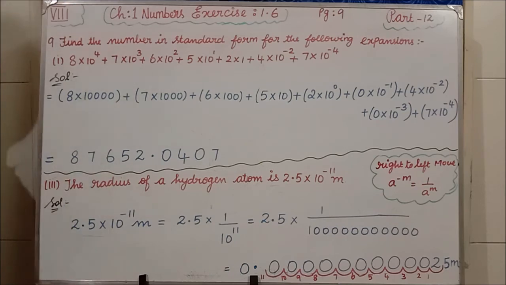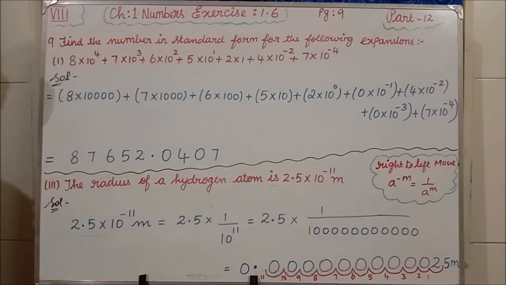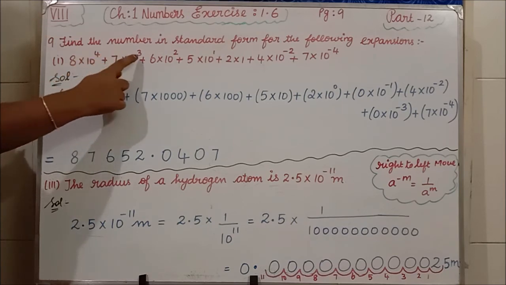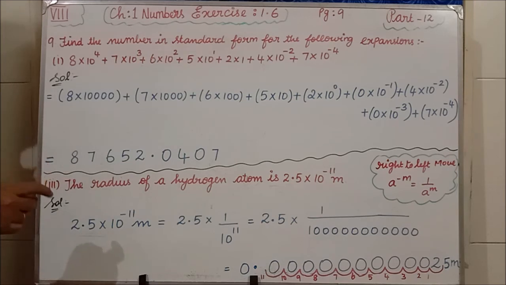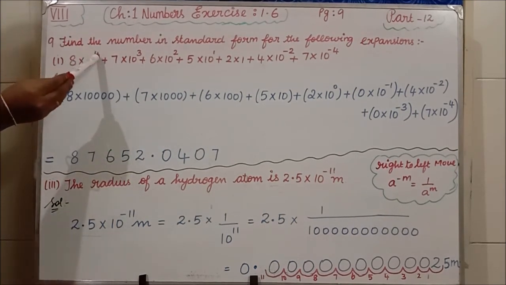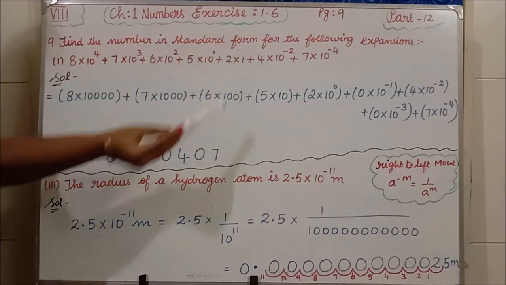Yes. Now we'll start the question. They have given the question in the expanded form. Once they give the question in the expanded form, you have to see the powers first. What you have to see? You have to see the powers first. See, your power is what? 4, 3, 2, 1. Nothing is there means there what? 0. Isn't it? It is in correct order. 4, 3, 2, 1. Here nothing is there means 0.